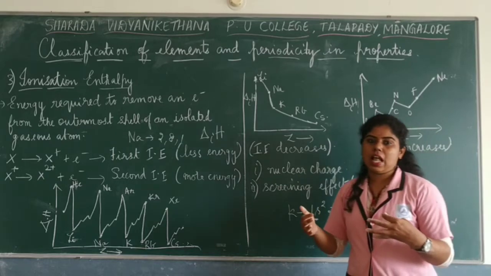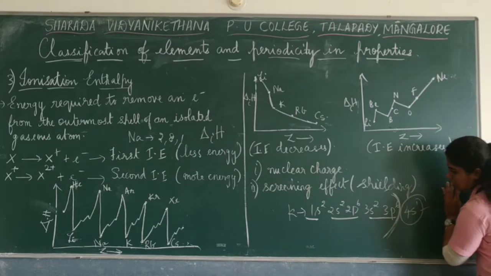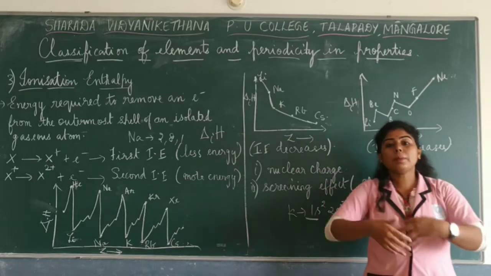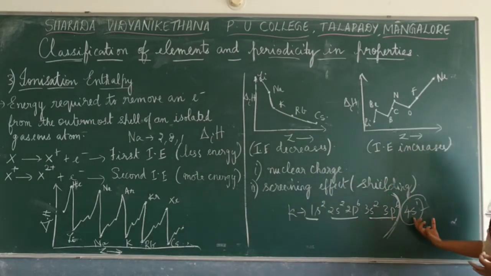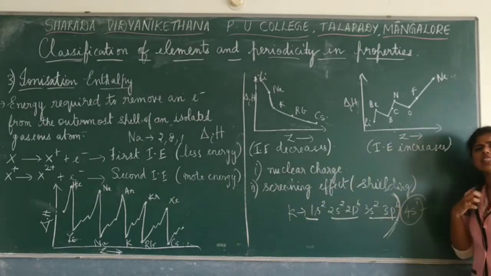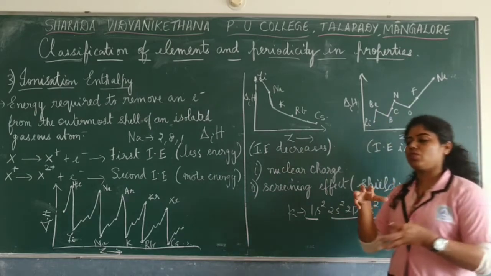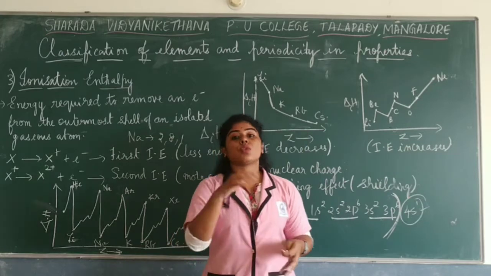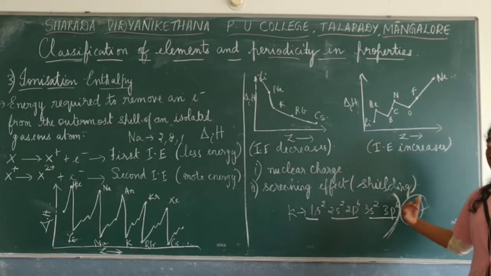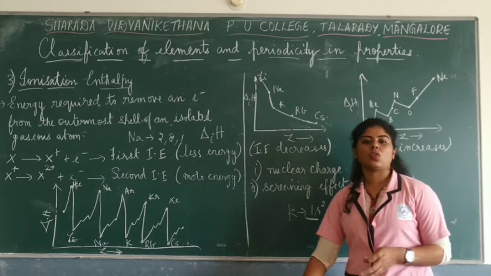They shield them. Okay. So as you keep on adding the valence electrons, the valence shell also increases, and there is a shielding effect which is taking place. They shield the electrons from being attracted to the nucleus, and the ionization enthalpy also decreases. Very little energy, you can easily remove because there is no attraction. Whereas along the period there is more attraction, you require more energy to remove an electron. So ionization enthalpy increases along the period, whereas down the group you require less energy, which means ionization enthalpy decreases down the group.